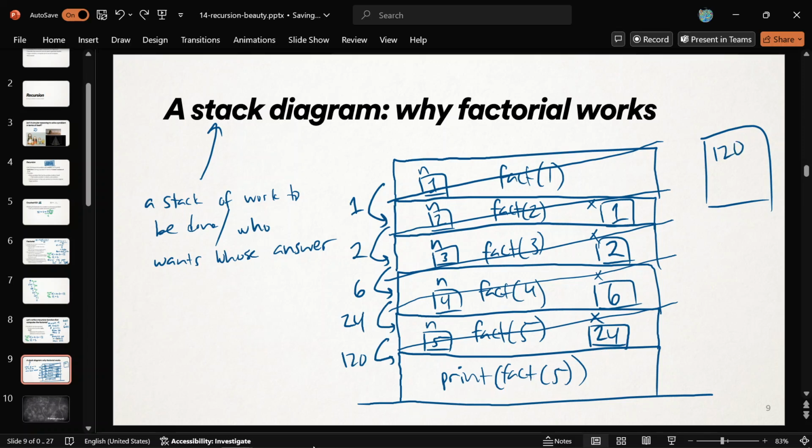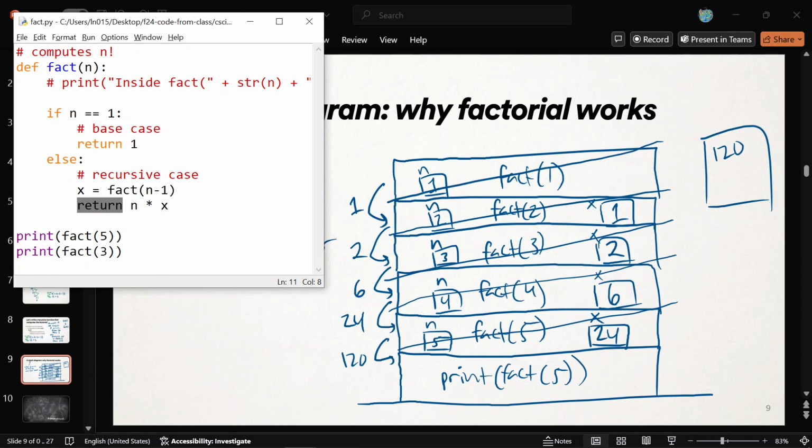Does that make sense? That's how it's going to make its way down to the base case, and then start building up the answer from there. It's like, all right, multiply by 2, multiply that answer by 3, by 4, by 5. It really eventually does it right. It's going to build those smaller factorials correctly and use them to correctly build the bigger factorials. And so that is the magic of the fact function, of recursion and factorial.